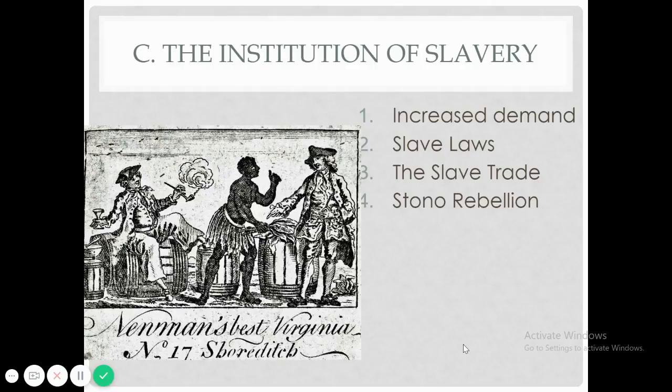As the number of slaves increased, these white colonists adopted laws to make sure these African Americans would be held in bondage for life. And even in many cases, this slave status would be inherited. Massachusetts becomes the first colony in 1641 to recognize slavery. Virginia, in 1661, enacts legislation that states children automatically inherit their mother's enslaved status for life. By 1664, Maryland declared that baptism did not affect the enslaved person's status and that white women could not marry African American men.